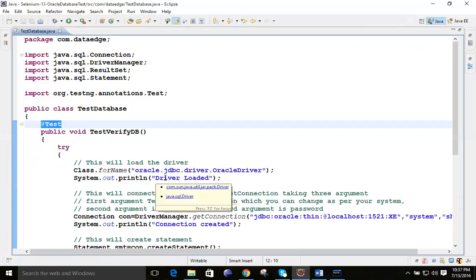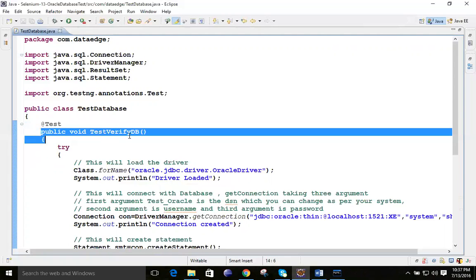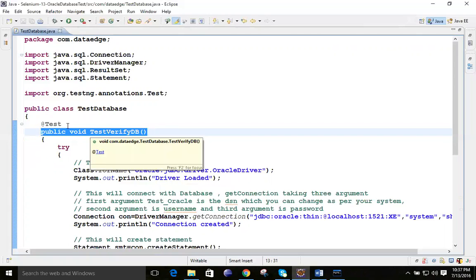In that case it will become a simple Java program. If you are not giving the public static void main, you can give a method name, public void testVerifyDB or any name, and write the @Test. It will become your TestNG test. That is the difference between the Java and the Selenium script.